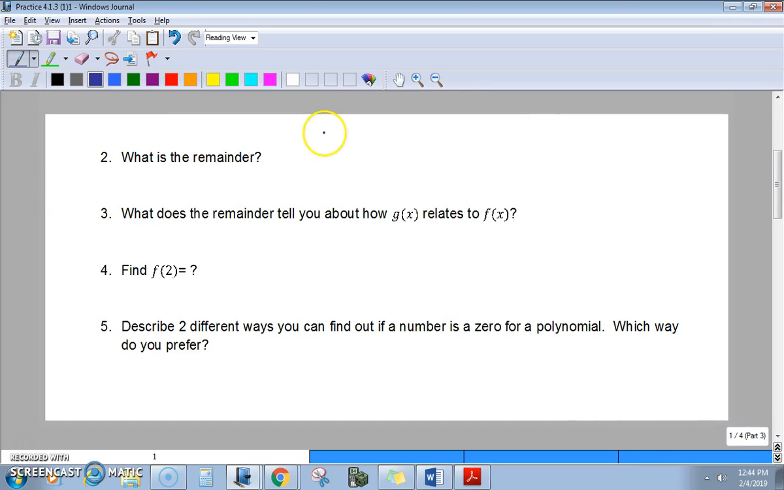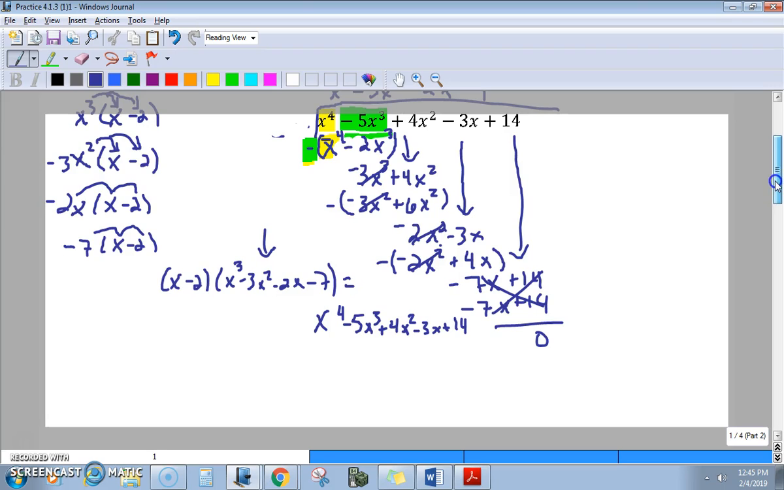Okay, so the remainder was 0. What does the remainder tell you about how g of x relates to f of x? If there's a remainder 0, that means g of x is a factor. Okay? F of 2 means that I just need to enter in a 2 into my original f of x,